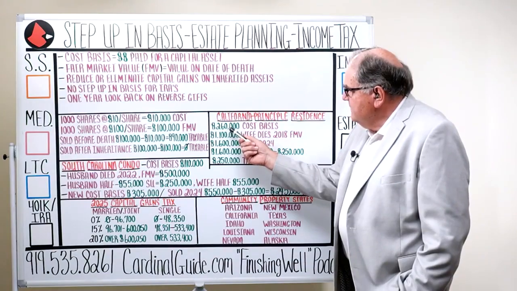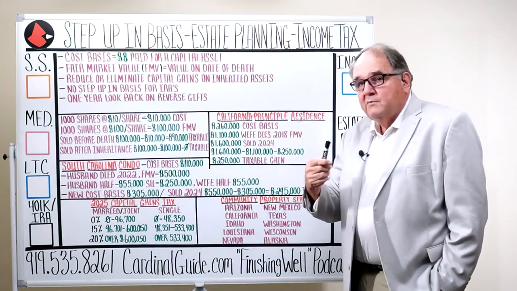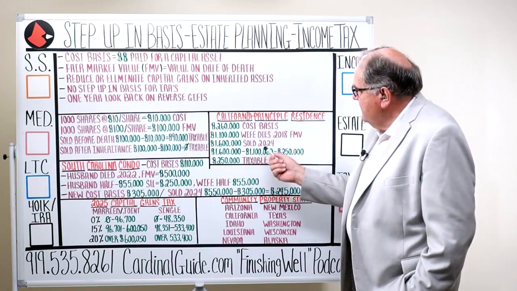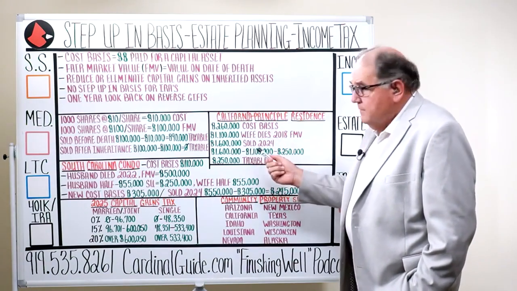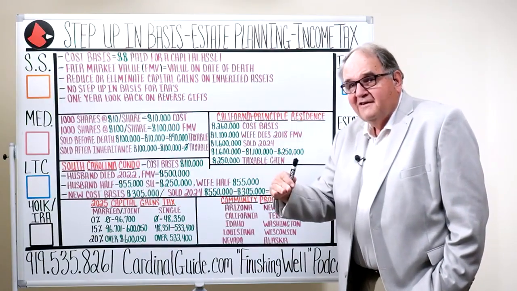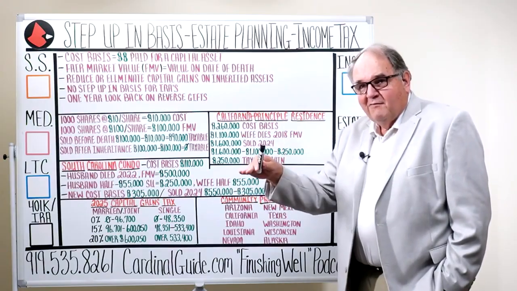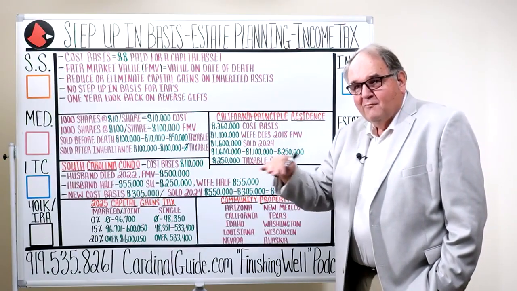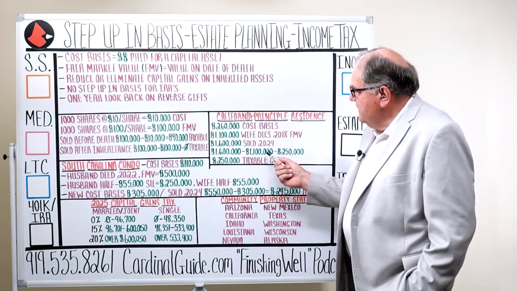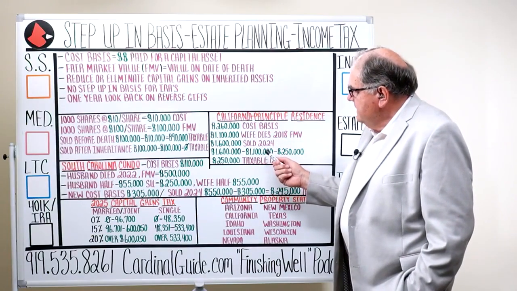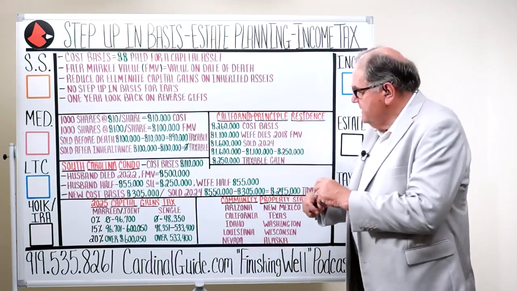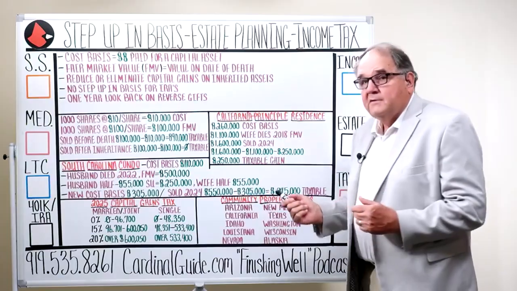So their cost basis went from $260,000, and because they're in California, a community property state, the fair market value in 2018, which we were able to establish by going to Zillow and a couple of other sites to find the value of the house when she died, was $1.1 million. He got the whole step up in basis because California is a community property state.